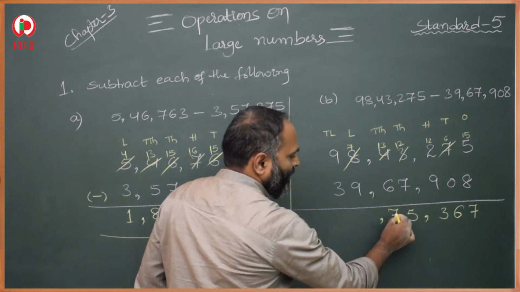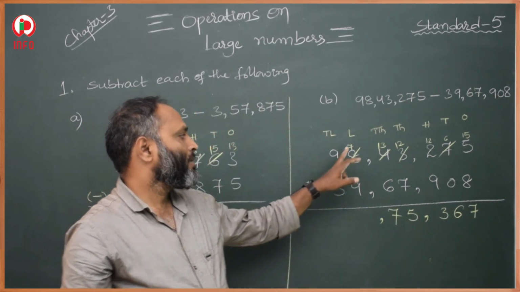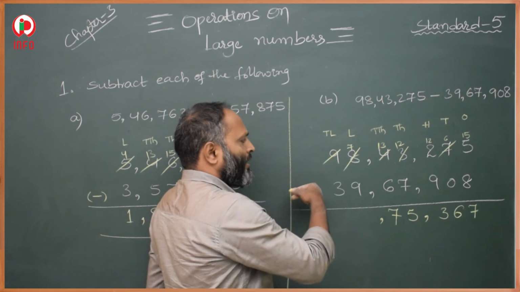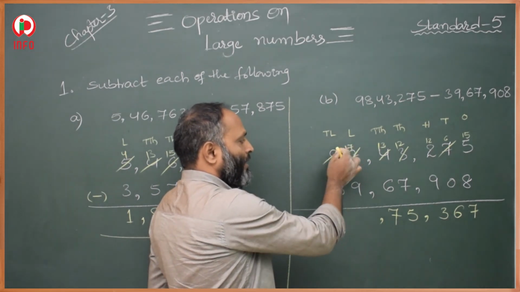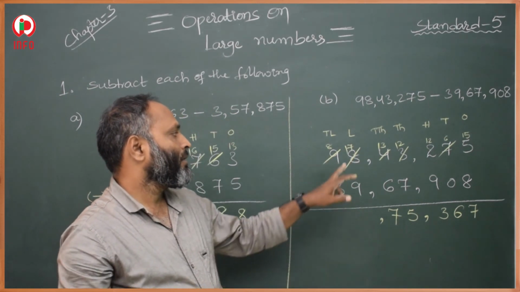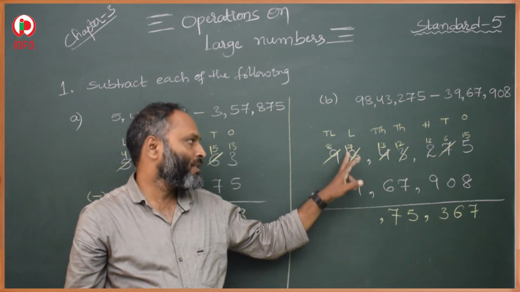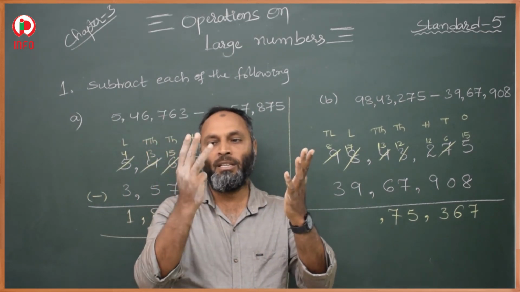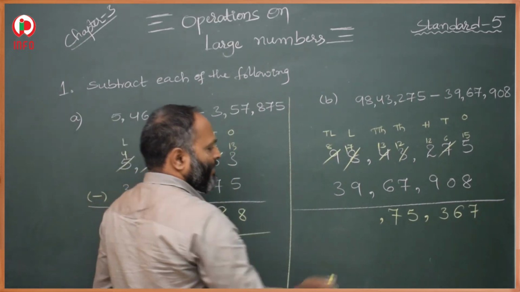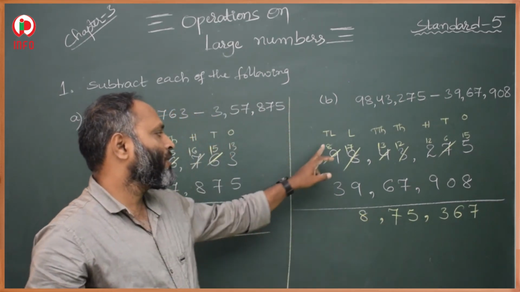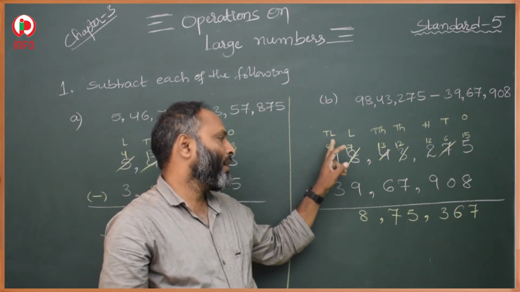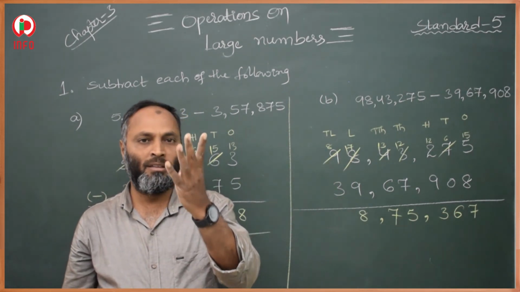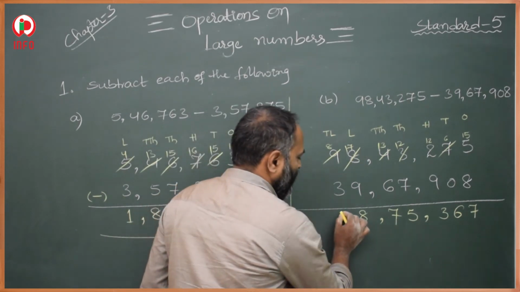The next. Here 7 and 9. 7 is lesser. The minuend is less, so again we have to take borrow from the next place, that is from the 10 lakhs place. 7 becomes 17 and 9 becomes 8. Then 17 minus 9. Count from 10 to 17: 10, 11, 12, 13, 14, 15, 16, 17. The answer is 8. And after that, 8 minus 3. 8 is a greater value, so just count from 4 to 8: 4, 5, 6, 7, 8. Then 5. 8 minus 3 is 5.